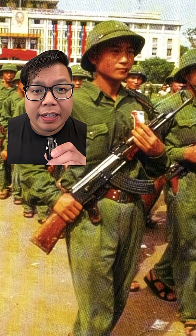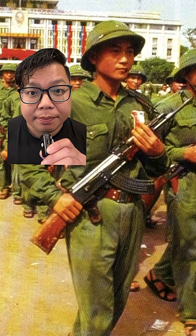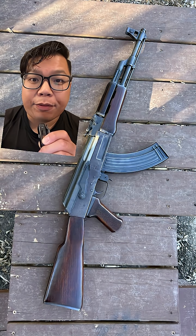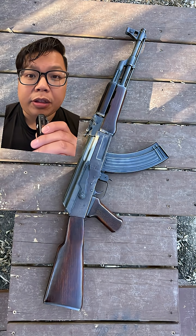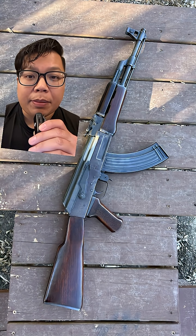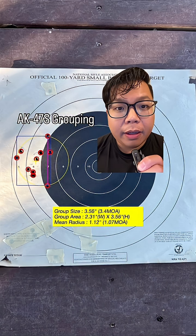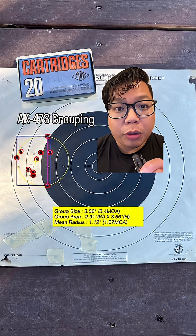I tested the closest thing I had to what NVA troops would have had early on in the Vietnam War. That would be my Polytech AK-47S, aka the Polytech Legend. This is essentially a commercial clone of an early milled Chinese Type 56 Assault, which is a copy of the Russian Type 3 AK. On the first day, I fired a 3.4 MOA 10-shot group using Barnaul 123 grain full